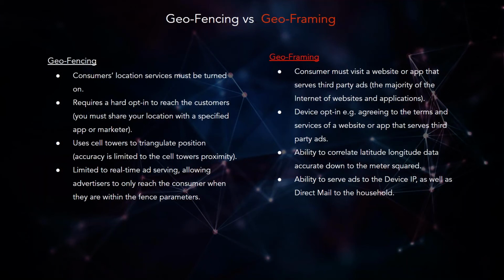Within geoframing, the customer must visit a website or an app that serves third-party ads. There's many of them out there. We get 350 billion points of data every day, which is a pretty insane number. The device opt-in, agreeing to the terms of service, we all do that. You download an app, and it puts up that terms of service. We all press agree because we like the free apps. Well, they give us the data, and we're able to play with it